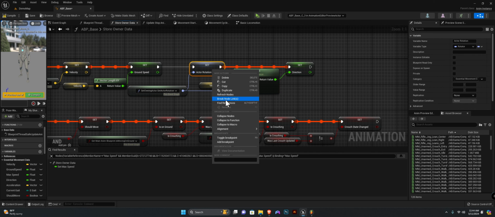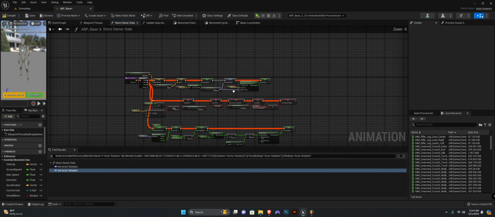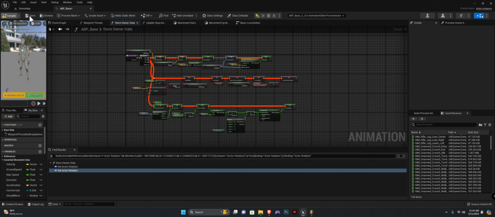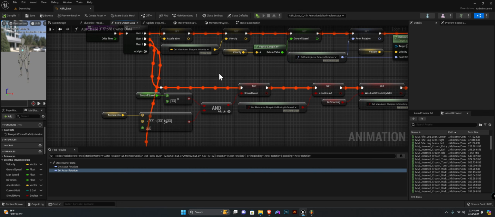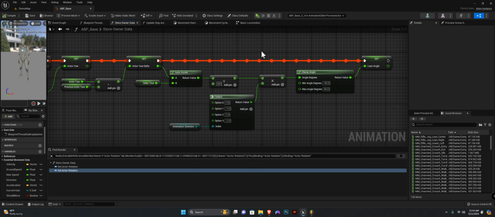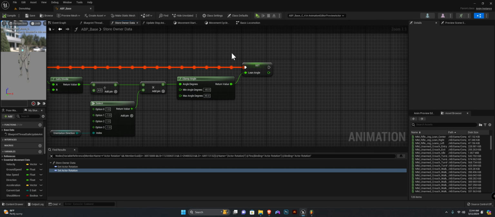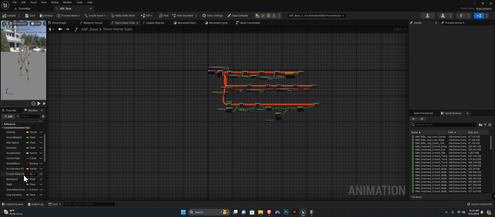Let's see if we're using the active rotation. Yes, we are. Compile, save. This is crouching. Should move. Alright. Acceleration. We have all of these. And that is all that we are going to be removing here. So now let's remove some of the variables. So max speed, we deleted that. Acceleration velocity, acceleration xy, we're going to delete that. We're going to delete